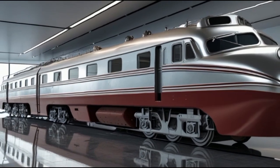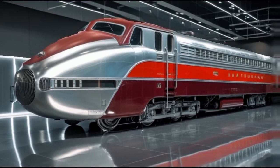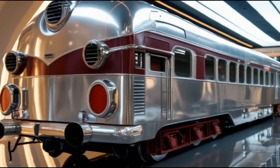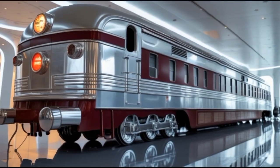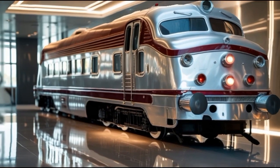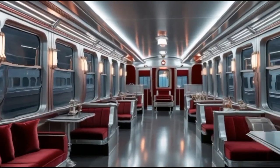We're so glad you're here today because we're going on a special journey aboard one of America's most iconic trains, the Silver Meteor. Whether you're a train enthusiast, a fan of American travel, or just curious about the romance of riding the rails, this is the perfect video for you. So sit back, relax, and let's take a deep dive into the rich story, scenic journey, and modern experience of